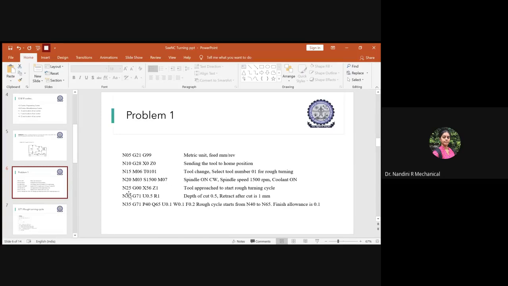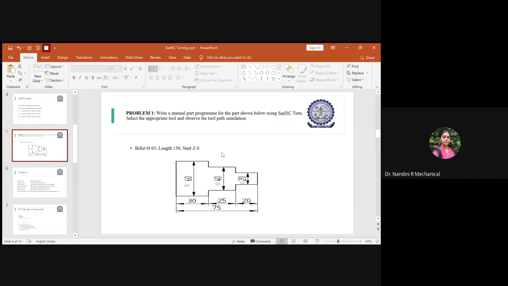After that, now I will explain with the diagram. Next we will go with G00. What is G00? G00 is rapid traverse, right? Now if you look at this diagram, first you will set the tool away from the workpiece, somewhere here towards your right. Then you will use the rapid traverse because you don't want to waste time. Then you will make the tool come fast nearer to the workpiece.